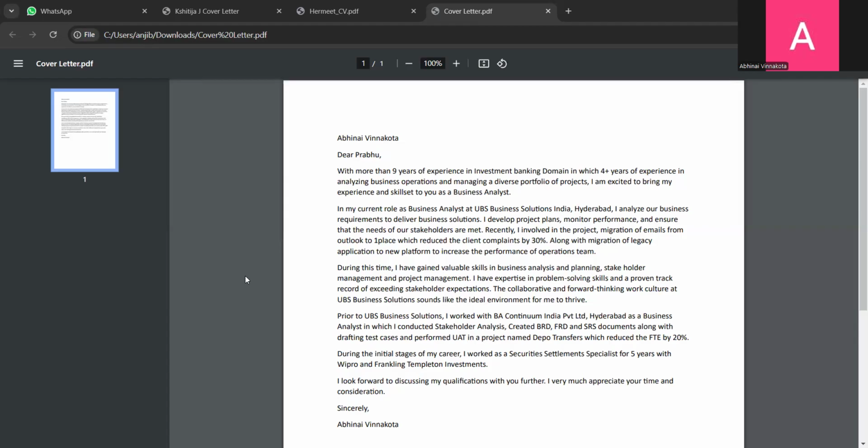Suppose Kshitija is working from Bank of America, and she has sent an email at 8 GMT and no one has responded till 9 GMT. She sends the same email again as a follow-up at 9:30, and again at 11 o'clock. You have sent three emails, right? So in Outlook, you will see three emails, right?